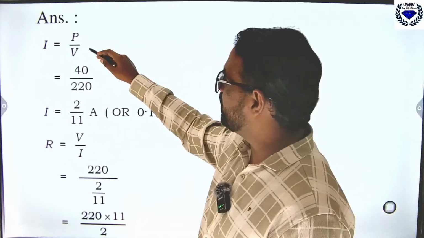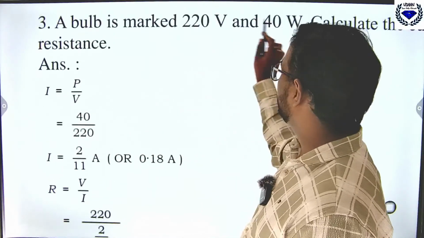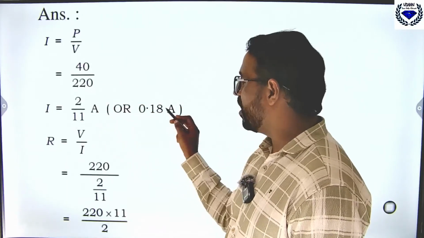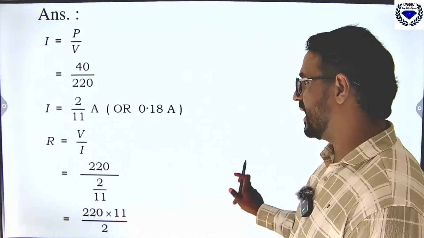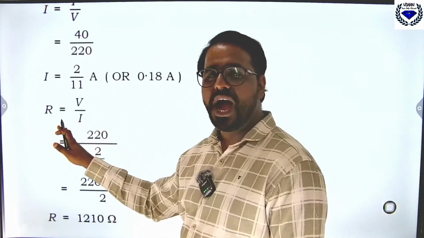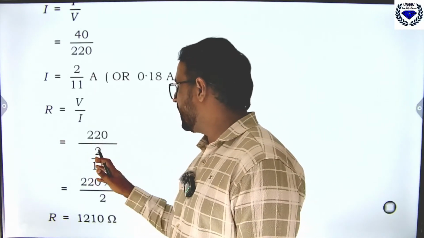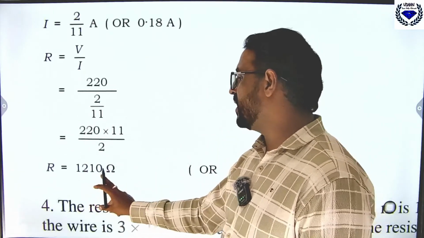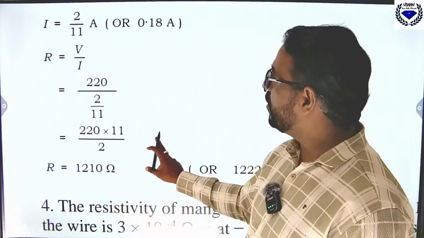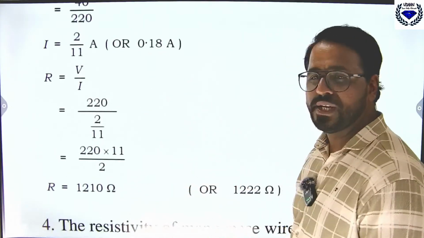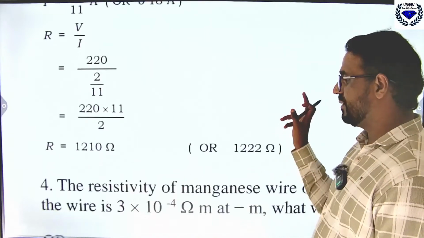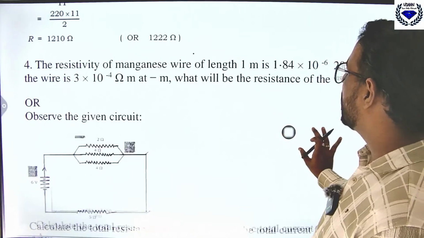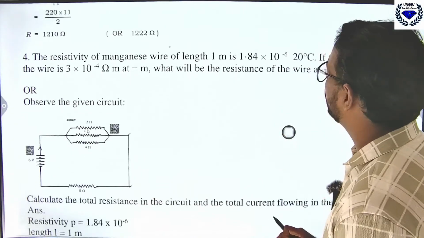I is equal to P by V. So power is 40 watt and voltage is 220. Just cancel it out, 2 by 11 ampere or 0.18 ampere is right. Then use Ohm's law. R is equal to V by I, 220 by 2 by 11. So 2 by 11 has come from here. Just multiply. You will get 1210 ohm. Or if you are using 0.18, you will get 1222 ohm. This is the answer. Then the resistivity of a manganese wire of length 1 meter is 1.84 into 10 raised